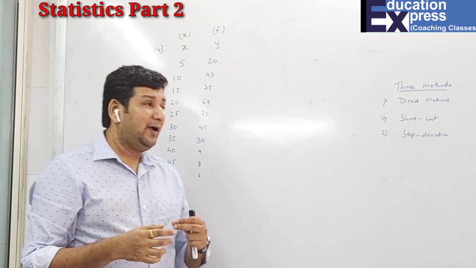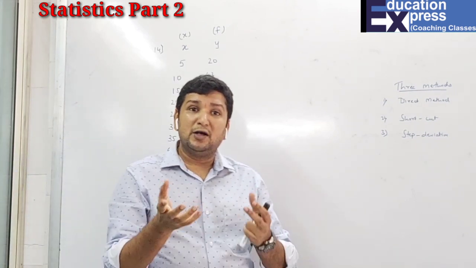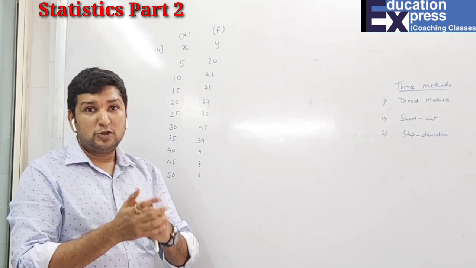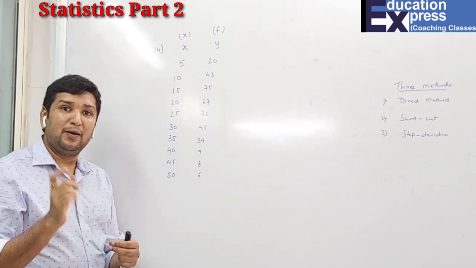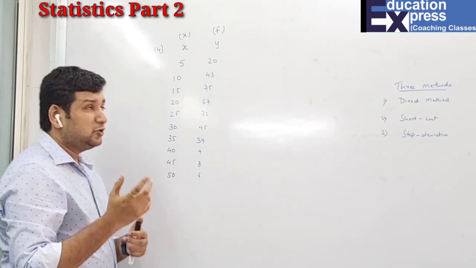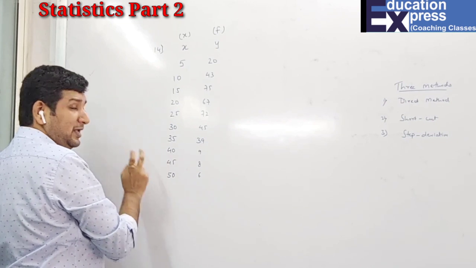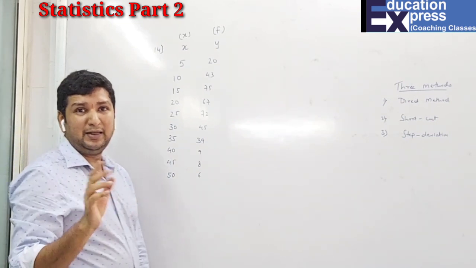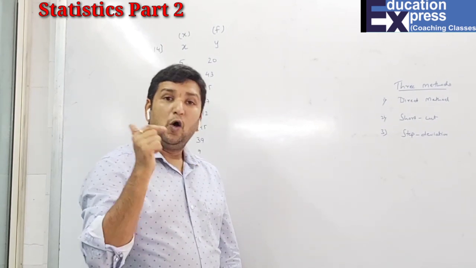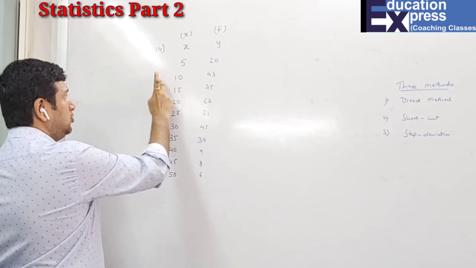Why, sir, can't we take some other number? You can take any number of your choice. But at the same time, we assume in such a way that makes the calculation easier. Whenever you select a number from in between the observations, your calculation becomes very, very easy. So here if you count 1, 2, 3, 4, 5, 6, 7, 8, 9, 10, there are 10 observations. In between you can take either the 5th observation or the 6th observation, any one. Here we can just go for the 5th one: 1, 2, 3, 4, 5.